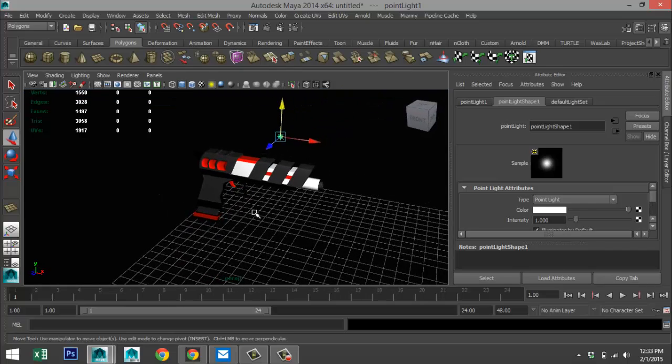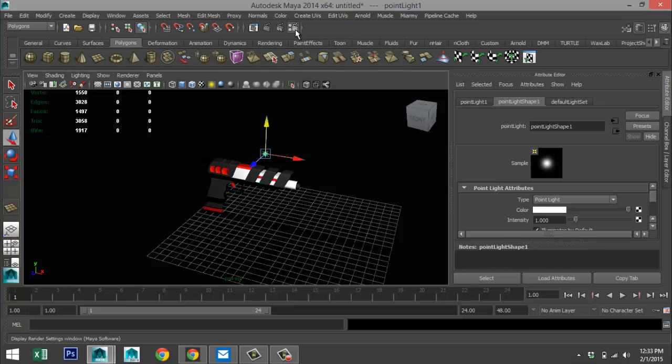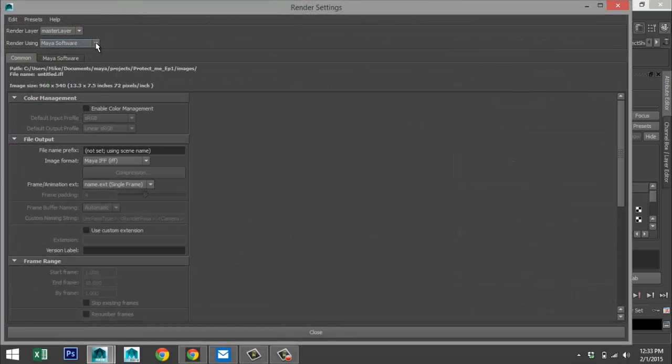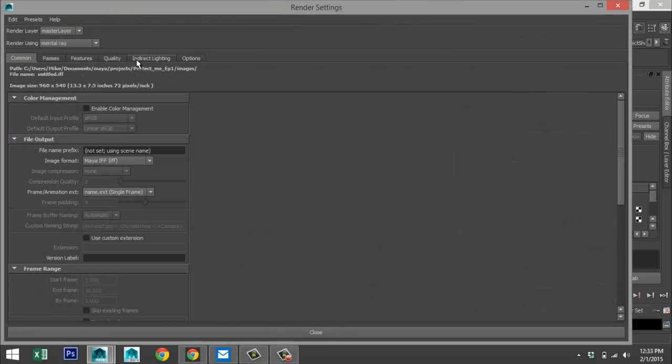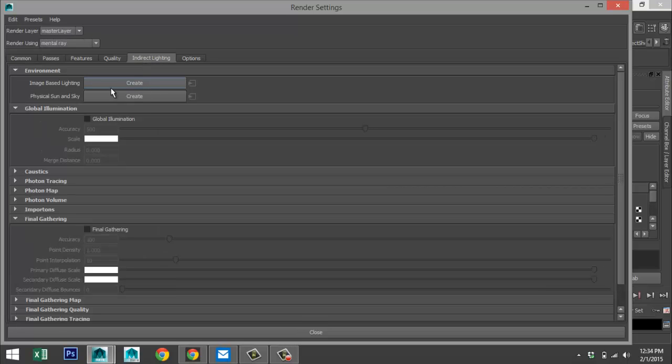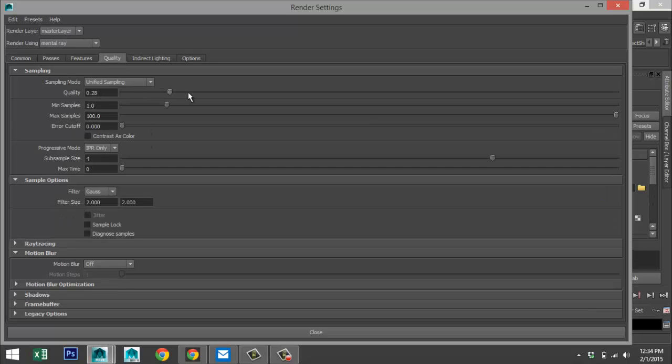All right. We're going to go to our render settings, mental ray, indirect lighting, image based lighting, just like that. Glow illumination, we want that. We want final gathering, quality tab, 1.5 roughly.